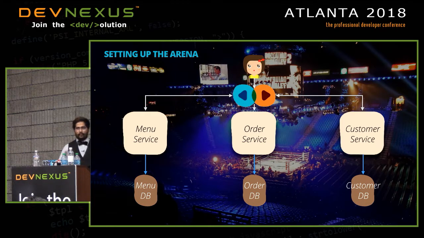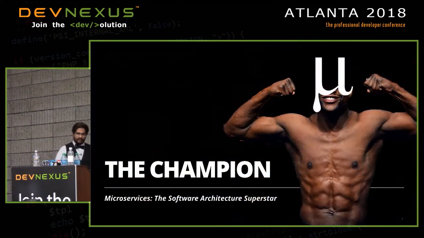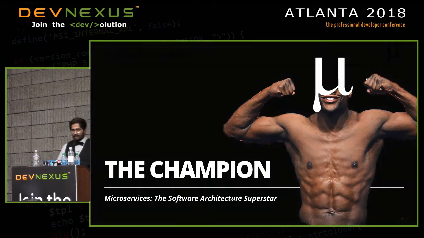That's a quick overview of what we are trying to achieve on both applications, so that we can compare the two architectures and see what the differences are and what the pros and cons really are. So first, let's introduce the undefeated, probably the undisputed champion for developing services. It's a superstar in this space, the champion, Microservices, right?